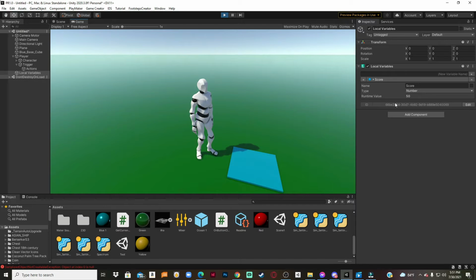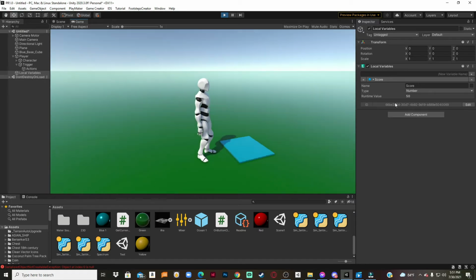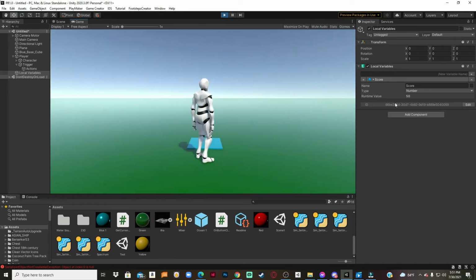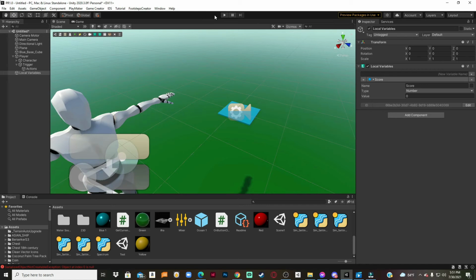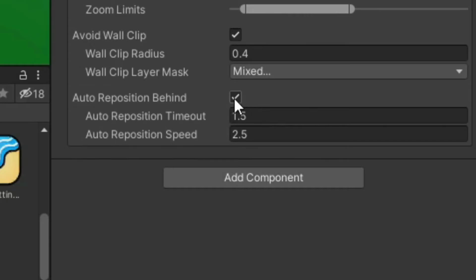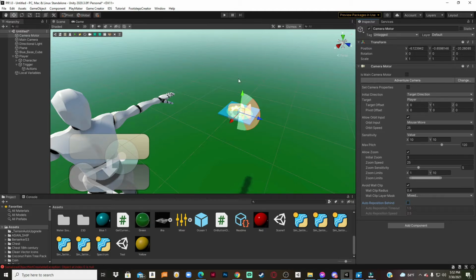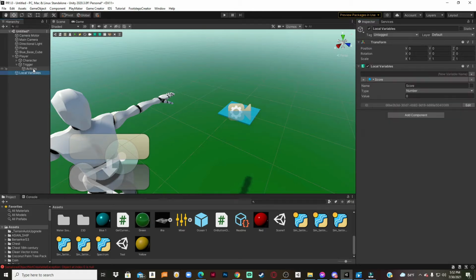And you'll notice when I keep this still, it will do an auto rotate towards our player, and I'm going to turn that off really quickly because I don't like that. So just click the camera motor, auto response behind. You can uncheck that, and now when we go idle, it doesn't rotate the camera automatically. So we have our local variable set up, and we can